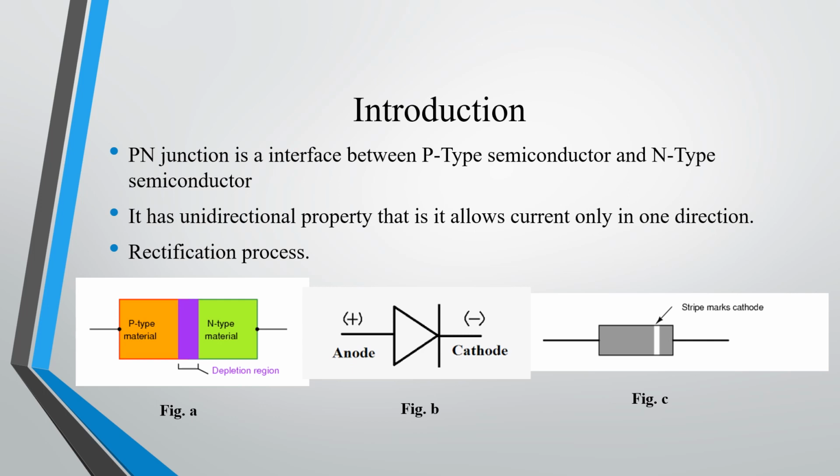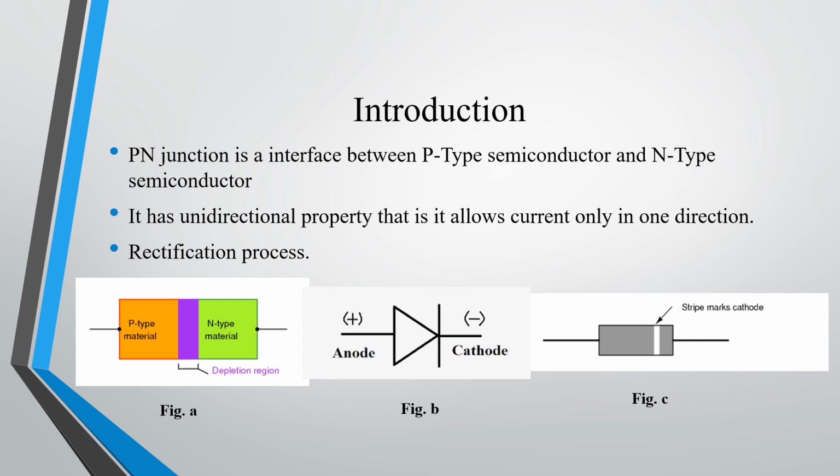I also want to highlight that the p-type material and n-type material are sandwiched by some standard techniques. It is not sandwiched by some mechanical process or just by bringing a p-type material close to an n-type material. Without disturbing the crystalline structure properties, that is, electrical properties, n-type and p-type materials are sandwiched by some standard techniques. Some of the processes used for fabrication of a PN junction diode are the alloying process, diffusion process, or ion implantation, etc.